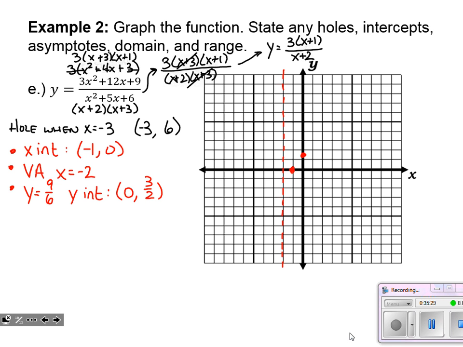Big X test. Here's where looking at the original function is very helpful because we have those powers. What's taking over the numerator is that degree of 2, that 3x squared. What's taking over the denominator also has a degree of 2. It's a 1x squared. So my horizontal asymptote, they have the same degree. There's no clear takeover. The horizontal asymptote is y equals, let's look at those leading terms, 3x squared over 1x squared, 3/1. So y equals 3 is my horizontal asymptote.